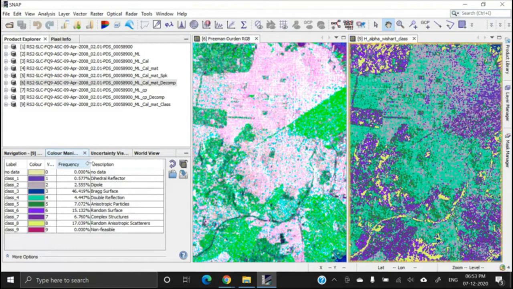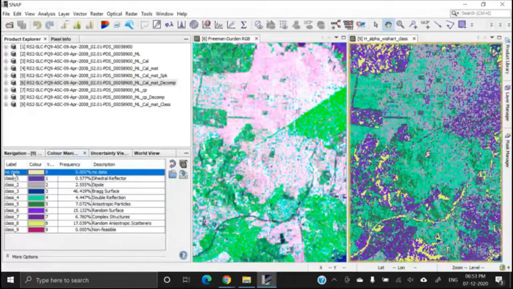It has classified the image for 10 number of classes, including the no data. No data means the background pixels.